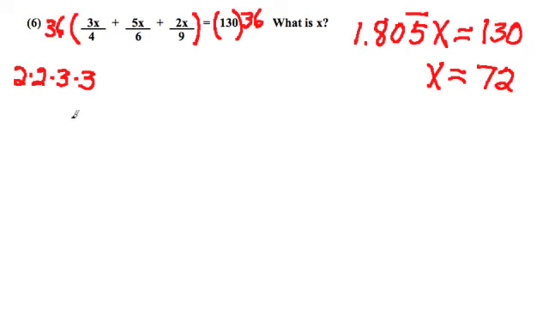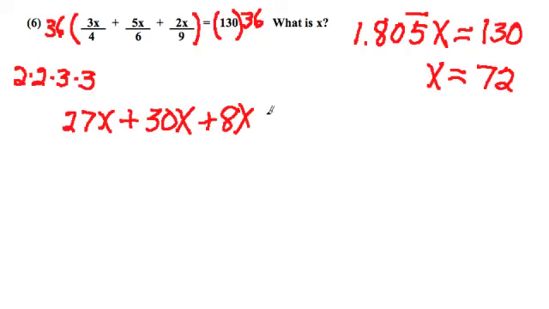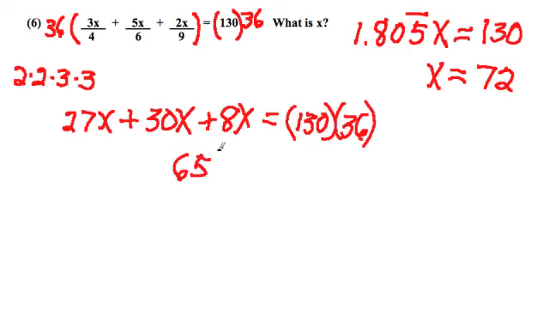And if you distribute that through, you would get 27x plus 30x plus 8x is equal to 130 times 36. And you don't necessarily want to do intermediate calculations, because, as we'll see, it makes it easier to cancel things